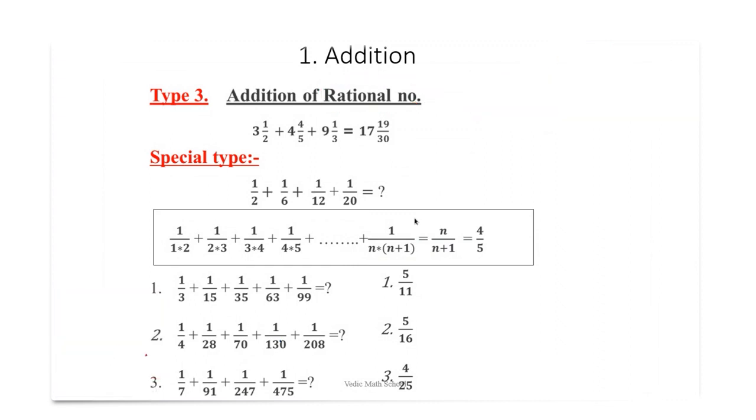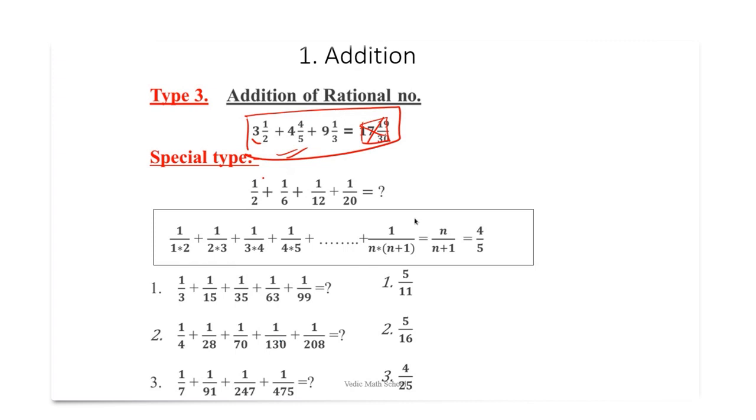Now, if we are going to add rational numbers, the general procedure is we will have to do the LCM part, and then we will multiply and divide and then do the addition of all these numbers. So suppose this is the number and we have to get the answer. If we have to get the answer of this question, what we are going to do first,